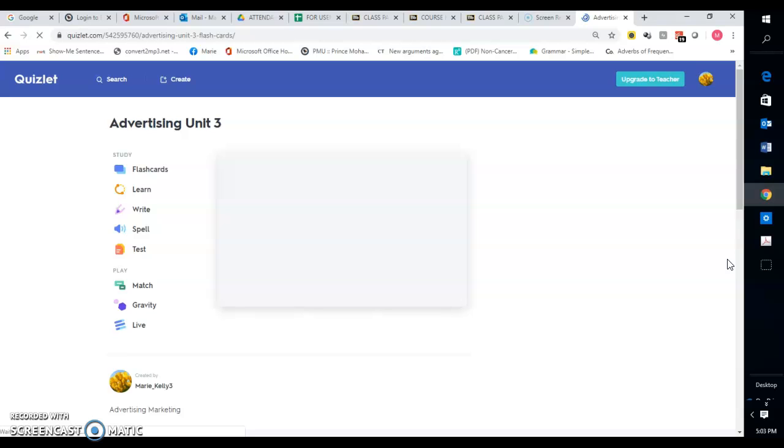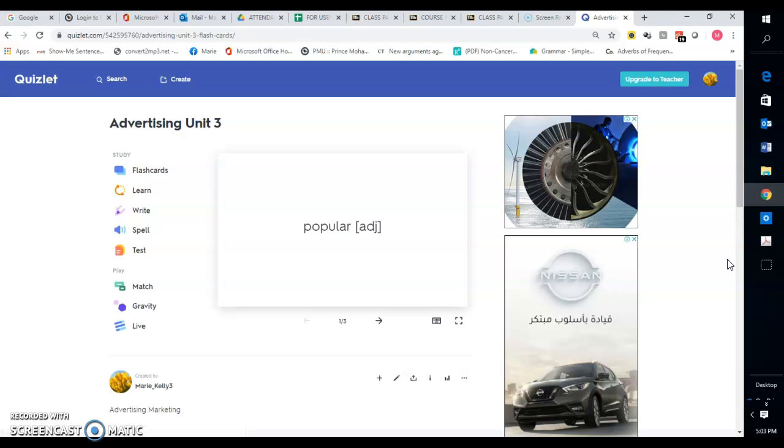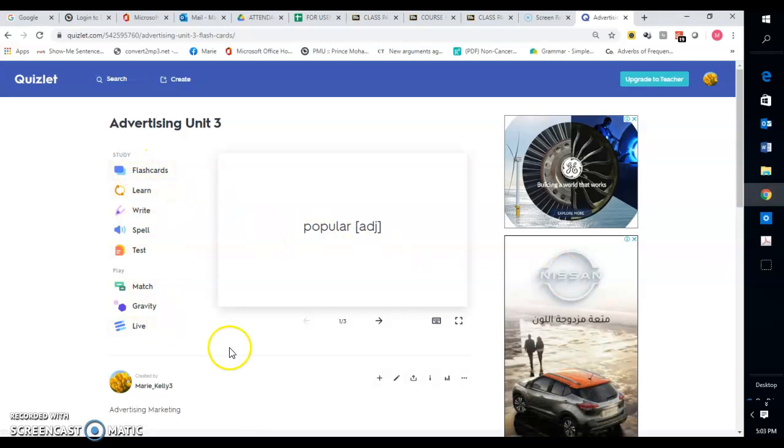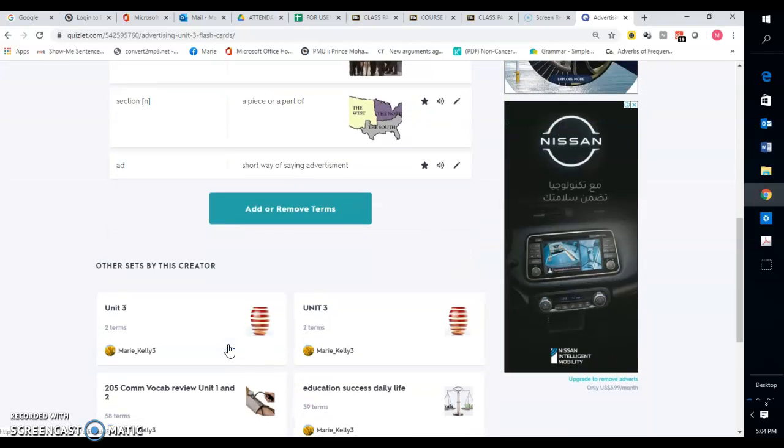So when you click the last one, okay, and then you click